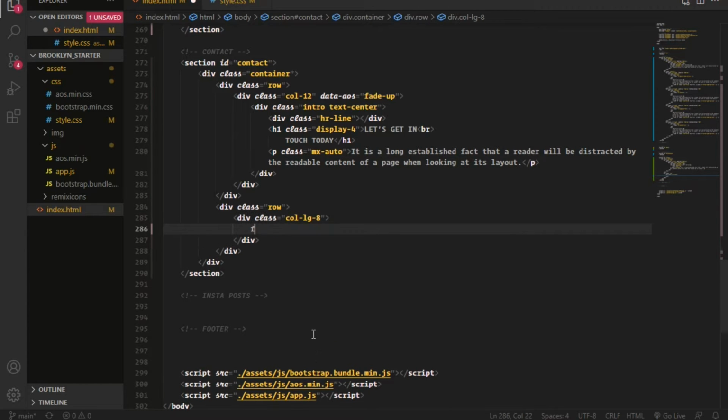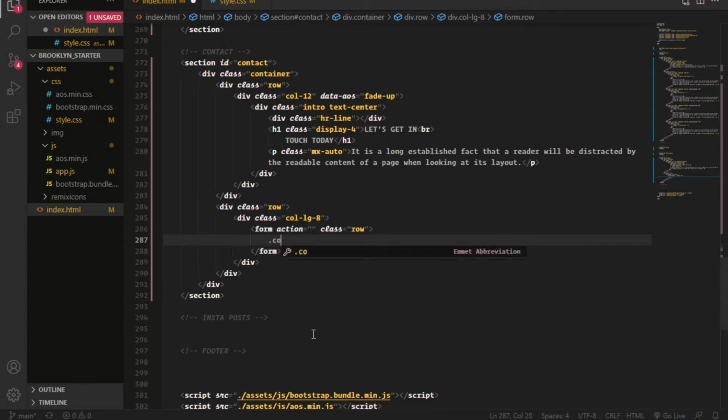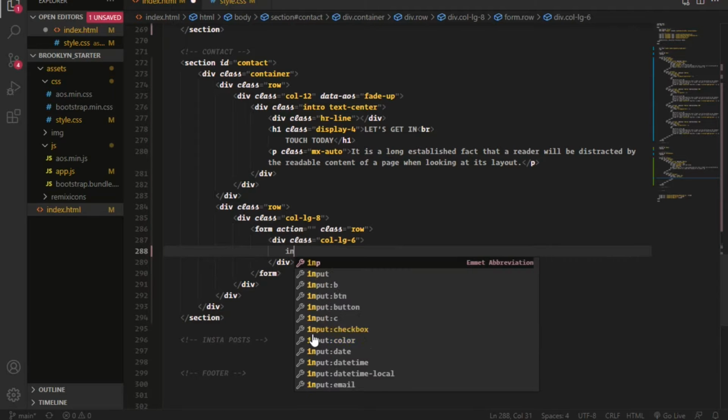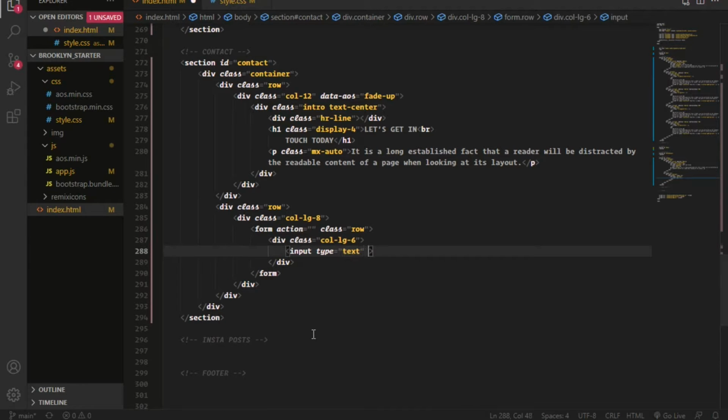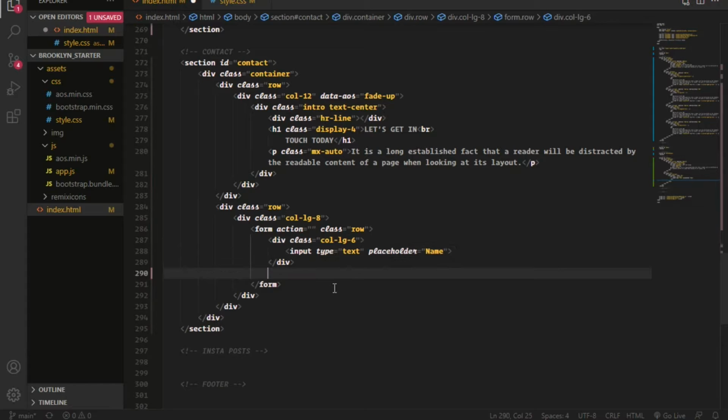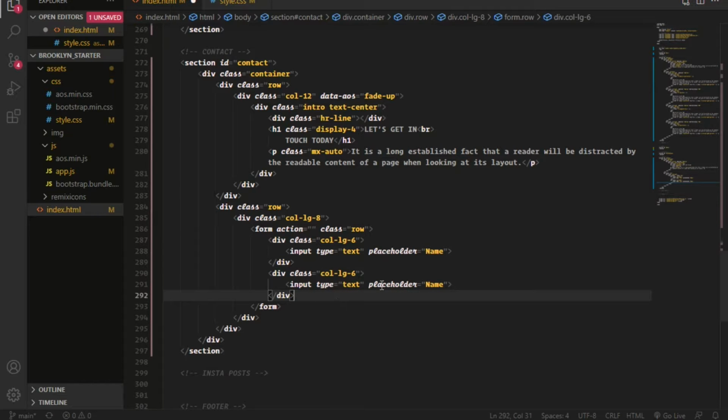Okay, I'm gonna create another class of row. Okay, and I'm gonna put column LG 6, and I'm gonna put input form, type will be text, and placeholder is going to be name. Okay, I'm gonna duplicate this, and this will be email, placeholder is going to be email,